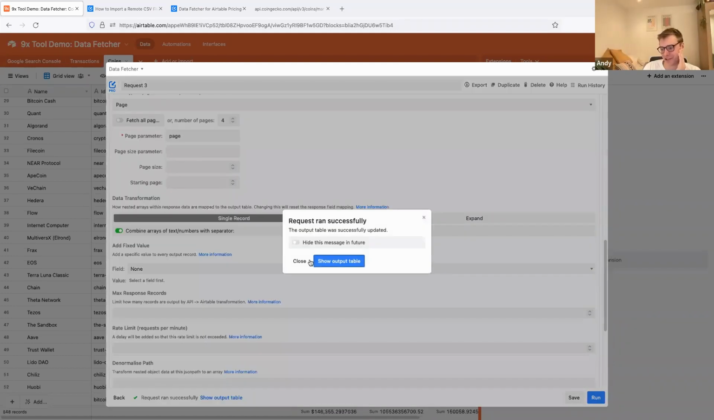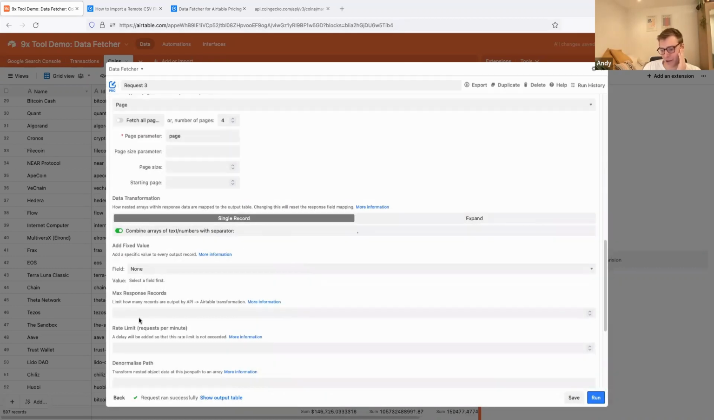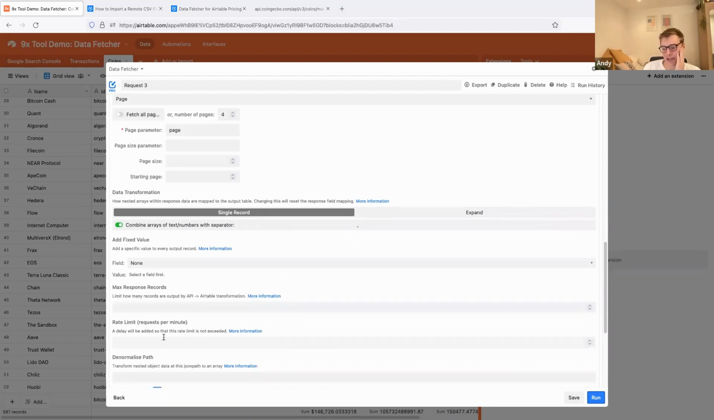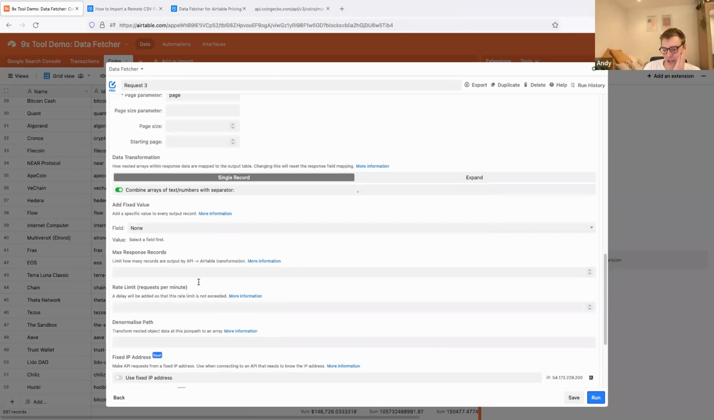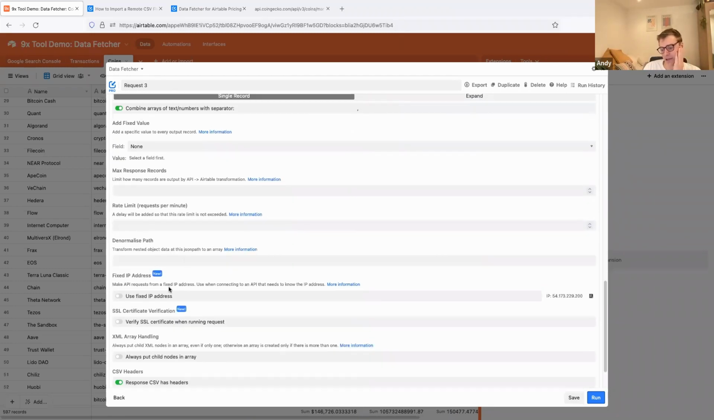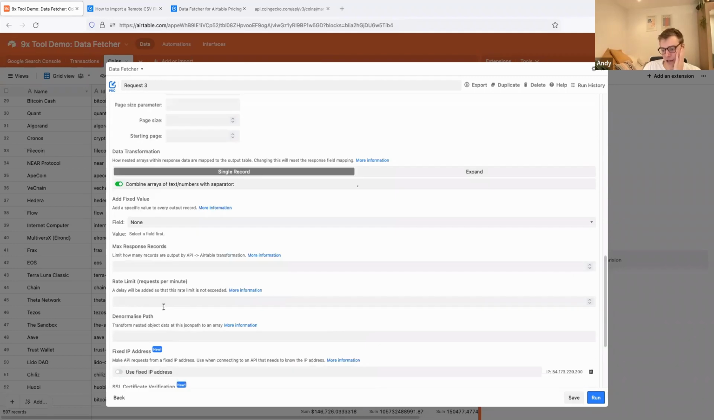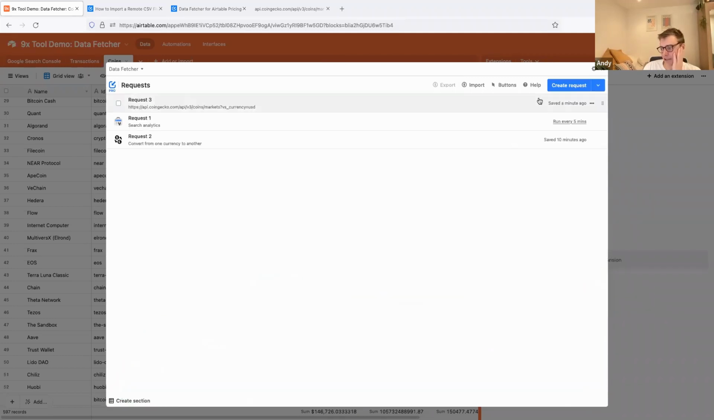There's a load more options in terms of how exactly the output should map down the bottom here. So we can add a fixed value to every output. We can rate limit it, so certain APIs only let you make a certain number of requests per minute. And then we can add some other small options here. And then the last thing to show is